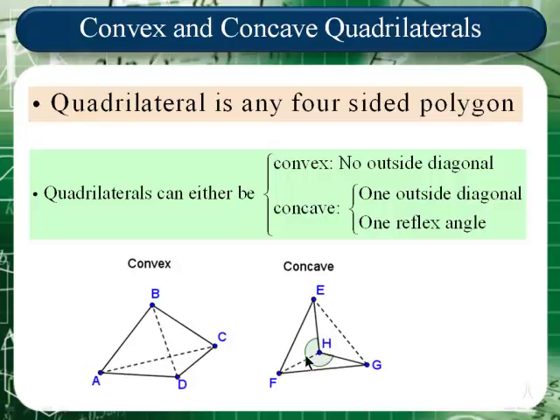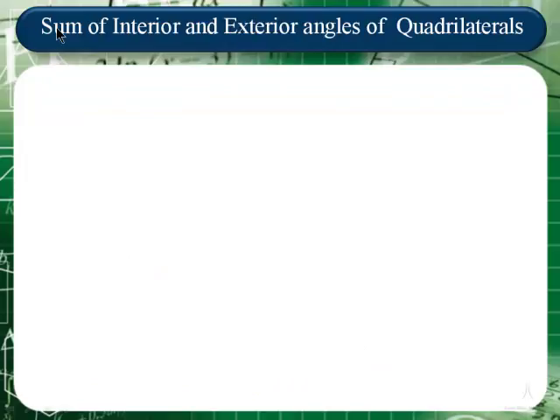Furthermore, we notice that one of the angles here is greater than 180 degrees, or one of the angles is a reflex angle. Obviously, there can be at most one reflex angle, because otherwise the sum of the interior angles, as we will see in the next slide, will exceed 360. Let us see what we can learn about the sum of the interior and the sum of the exterior angles